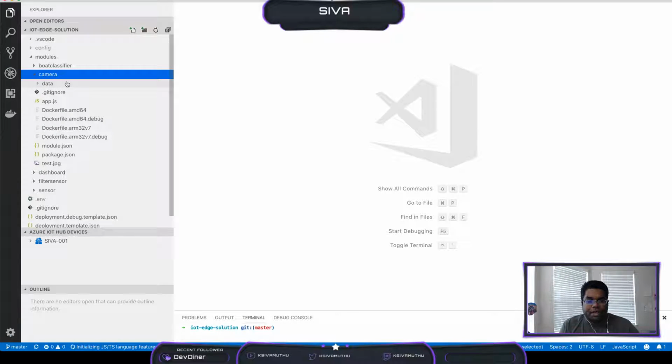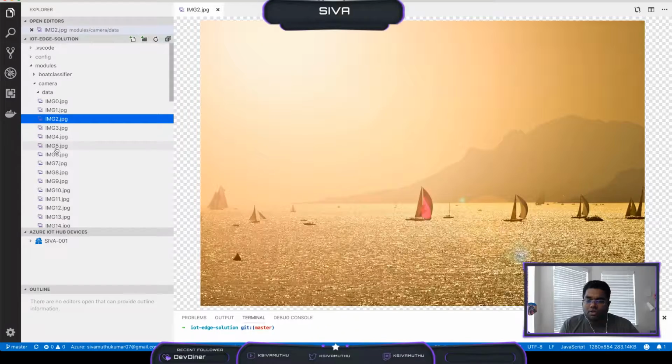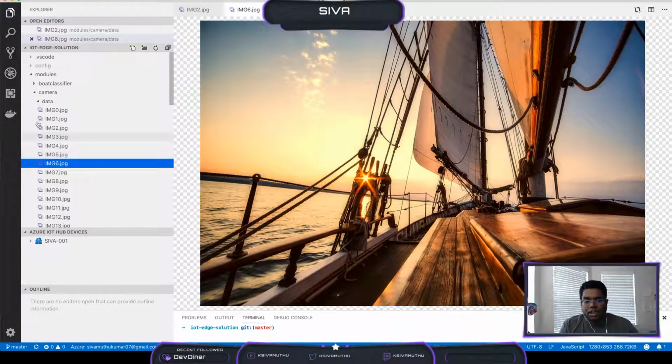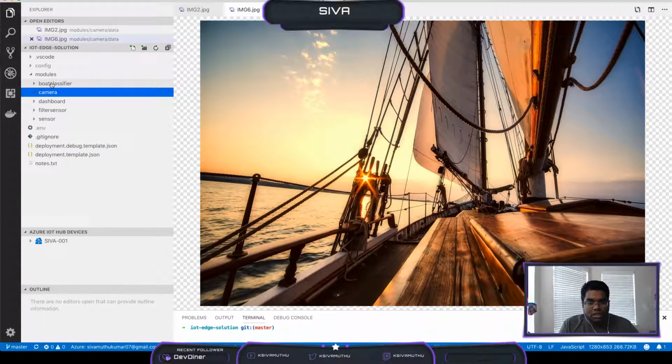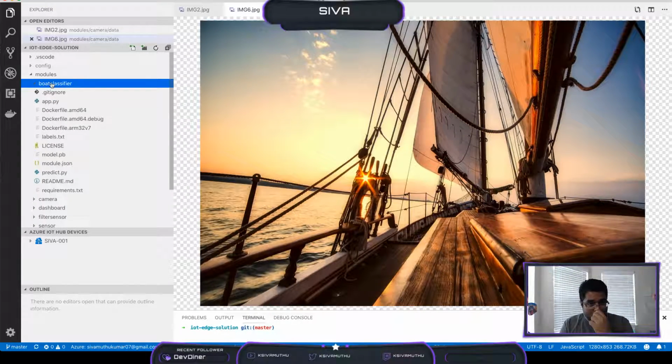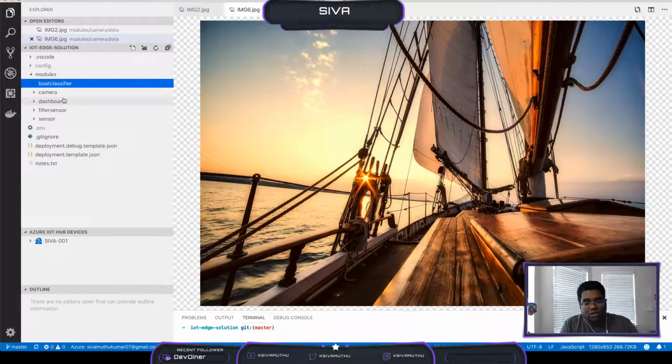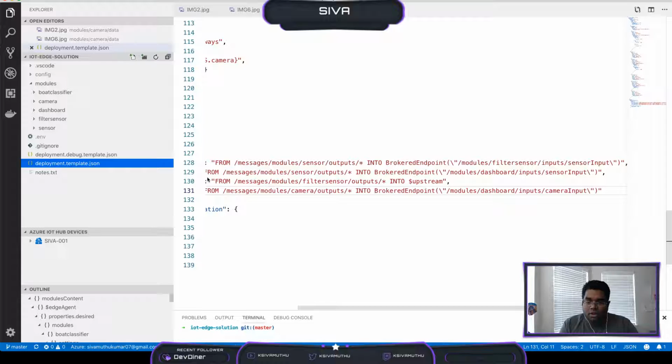It isn't wired to the hardware camera, but we are trying to simulate the boat image. A couple of boat images are sent to the boat classifier, and the boat classifier predicts what type of boat it is and sends the notification to the dashboard and the IoT hub. So this is what we have seen